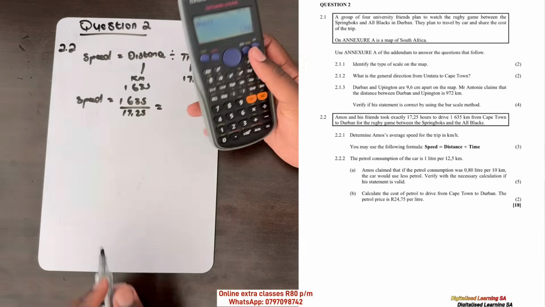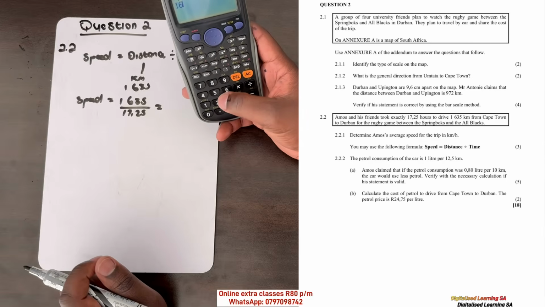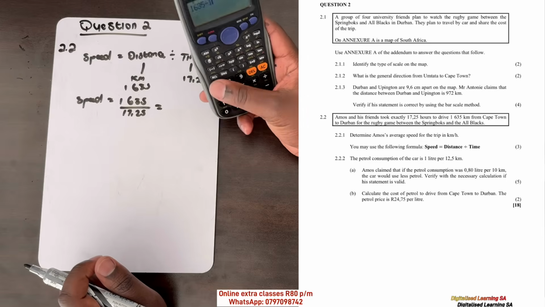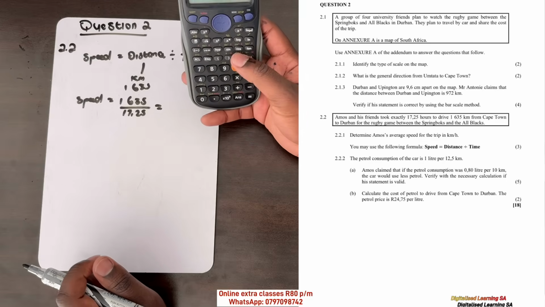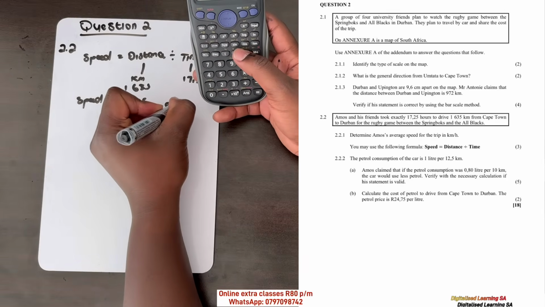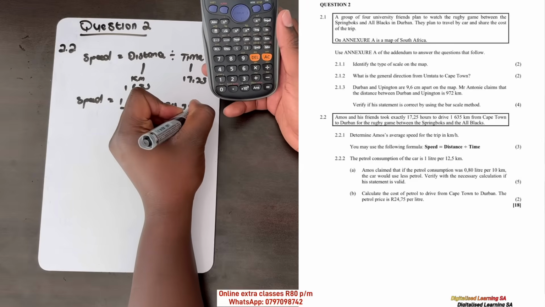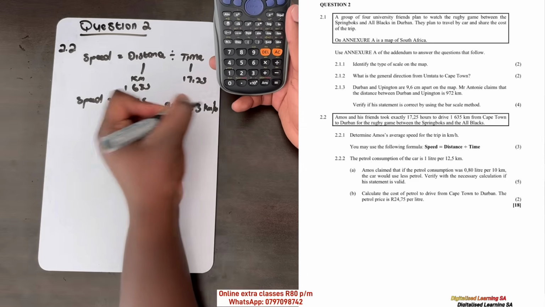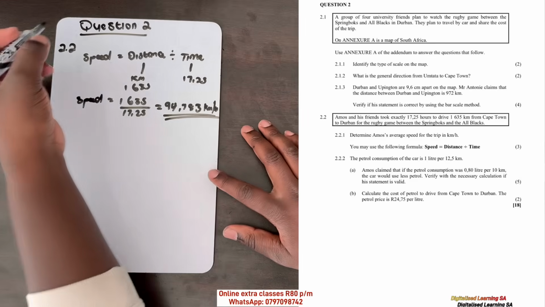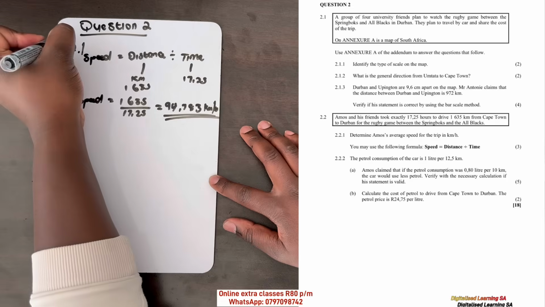So the average speed per hour will be 1635 divided by 17.25, so it will be 94.783 kilometers per hour. So this is question 2.2.1, and then now we'll be moving to question